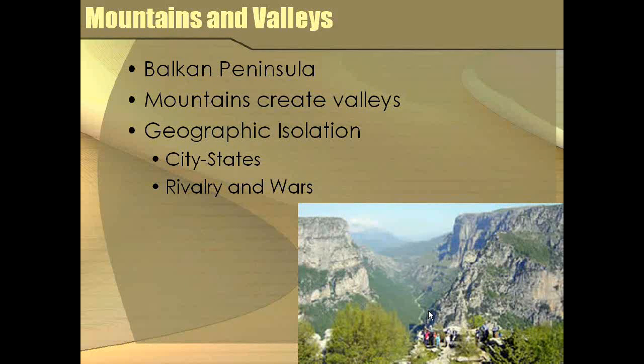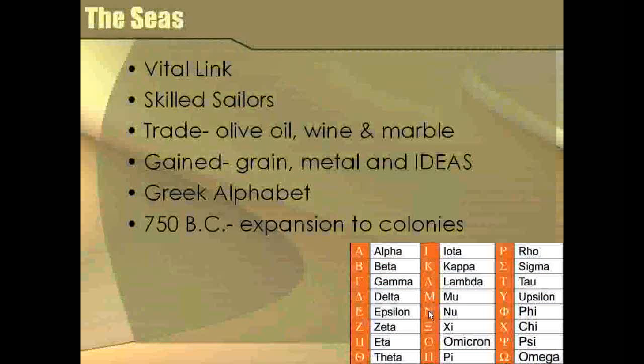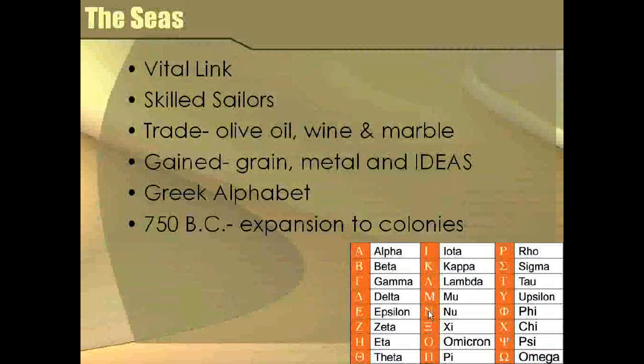Instead of easily having a big, giant unified empire, they're going to be set apart into independent city-states, which is eventually going to lead to a lot of rivalry and wars between the city-states. The seas did serve as the vital link that brought everybody together, but they also encouraged the Greeks, like the Minoans and the Mycenaeans before them,